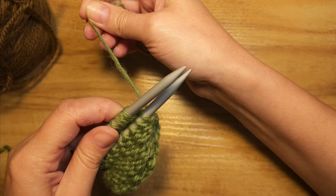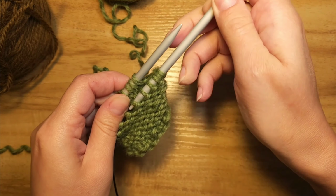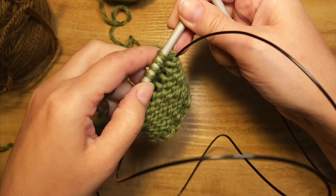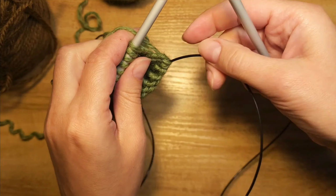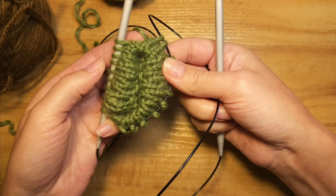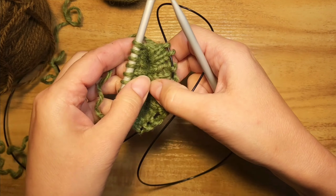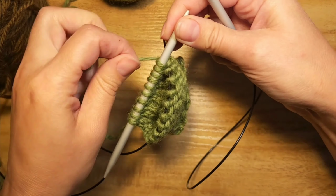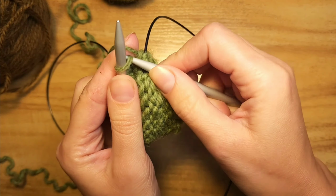So this thread goes here. I'm pulling out this needle and I'm going to knit. So the face, the right side of our knitting, will be inside. We kind of can still see it. Yes, so we knit,